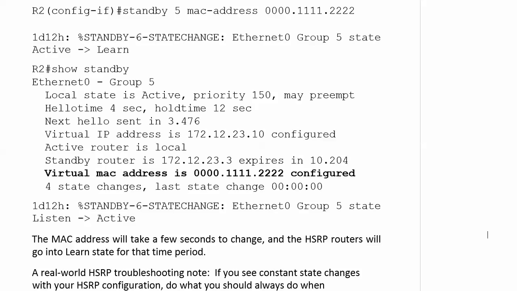Actually, that was it for the lab. I was going to split that in two, but we did it all at one time. But I wanted to show you one thing here on the board and talk about troubleshooting a little bit with HSRP as well. You can statically set that MAC address as I show you here with the standby 5